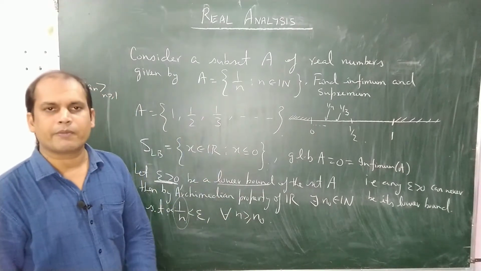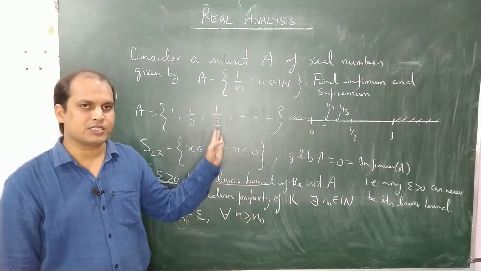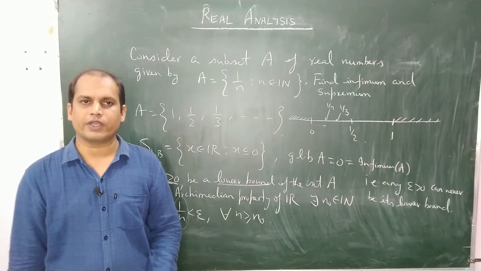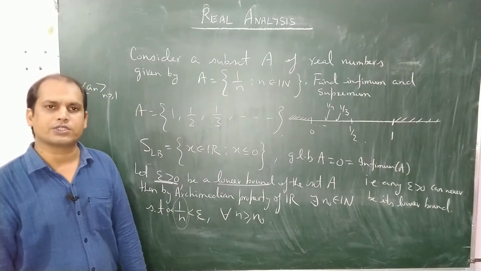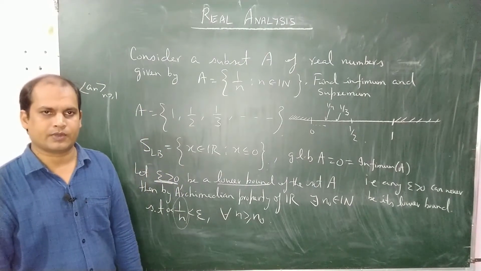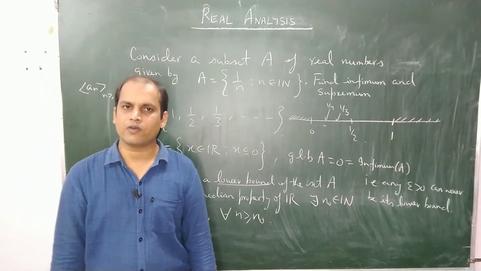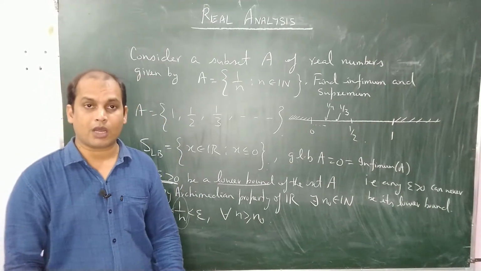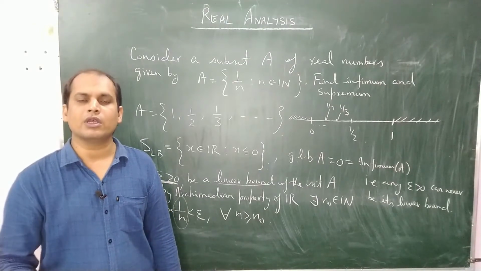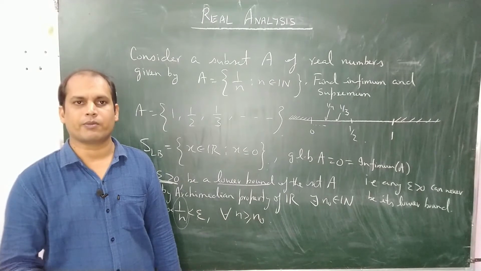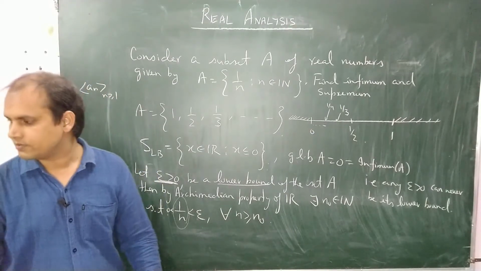Remember that for the existence of infimum and supremum, the set should be bounded. If it is bounded above, then only can we talk of the existence of supremum, and if it is bounded below, then only can we talk of the existence of infimum. If the set is not bounded above, then we will never talk of the existence of supremum, because among all upper bounds, the least one is called the supremum, and similarly among lower bounds, the greatest one is called the infimum. Let me explain this concept with some other examples.